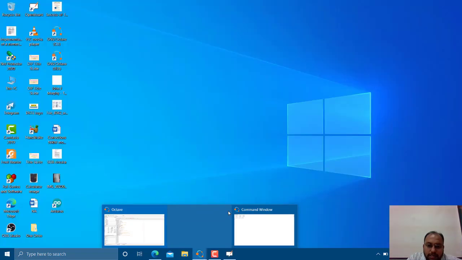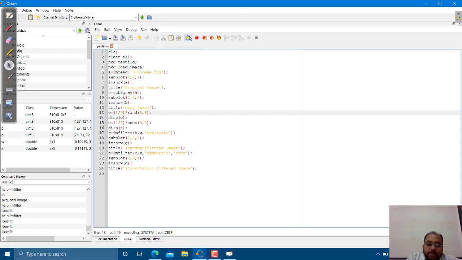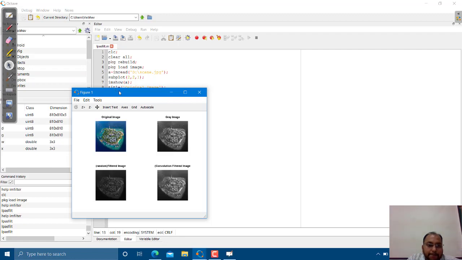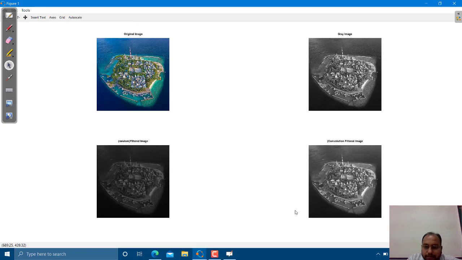Let me close this so that we can understand whether it is executed or not. Yes, it is executing. So this is the convolved image, the convolution filtered image. Likewise we can change the attributes of that particular function and perform the filtering.